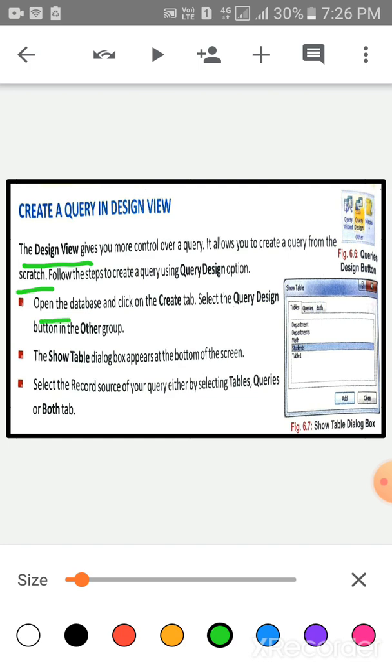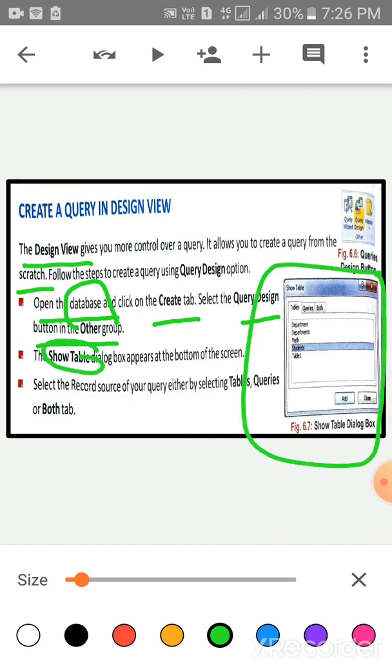First of all, children, open the database and then click on the Create tab. Select the Query Design button. After that, the Show Table dialog box will appear.